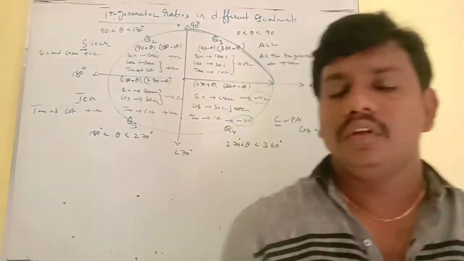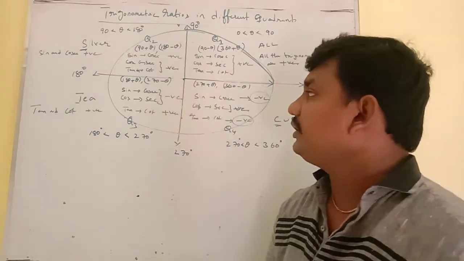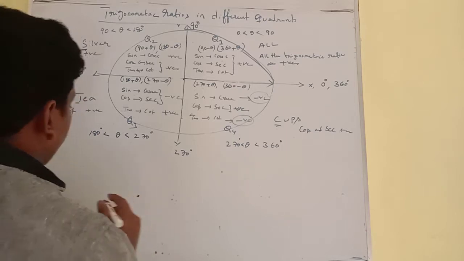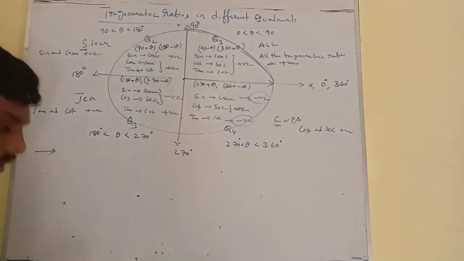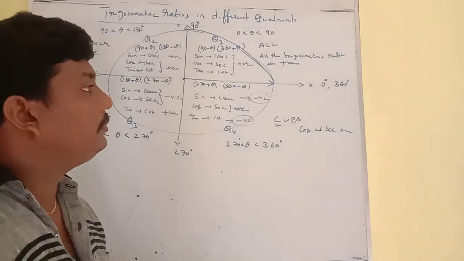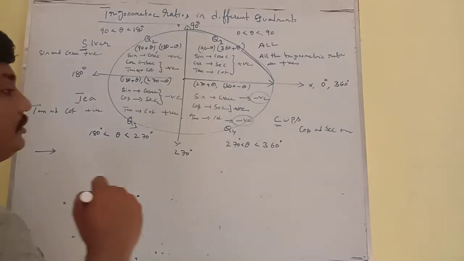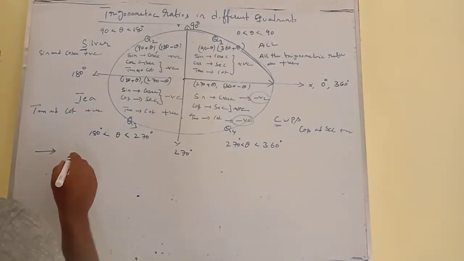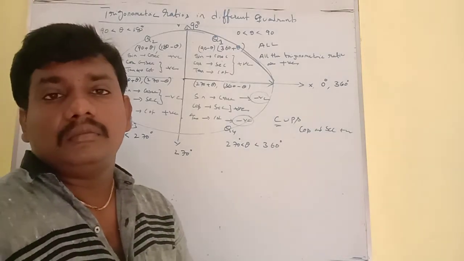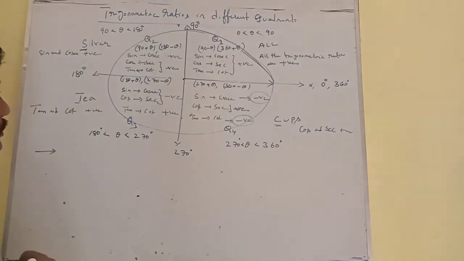So now, how the values of trigonometric ratios of allied angles work, we have to see now. One more point we have to learn here is the trigonometric ratios with multiples of 90 degrees or multiples of 180. Let me say multiples of 90. For odd multiples of 90, the ratios become complementary ratios, and for multiples of 180 degrees they become the same ratios.